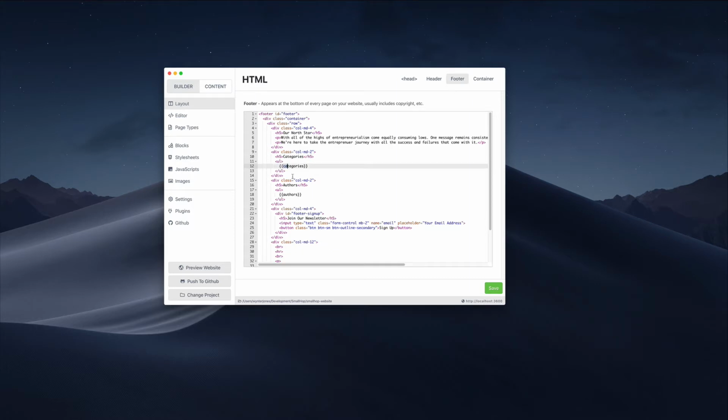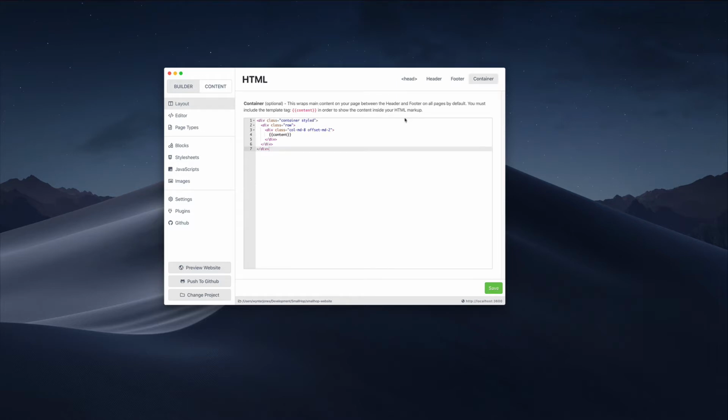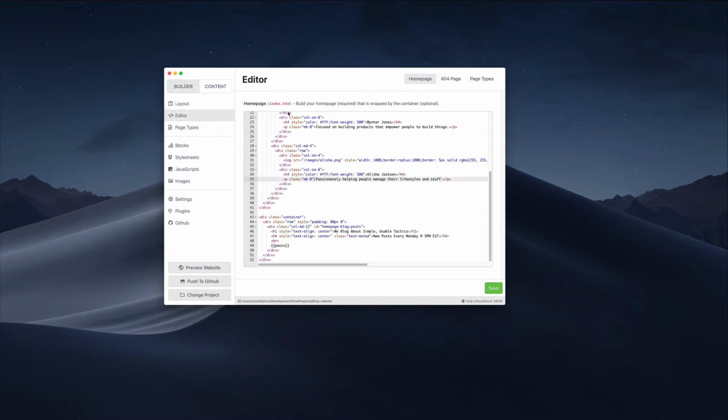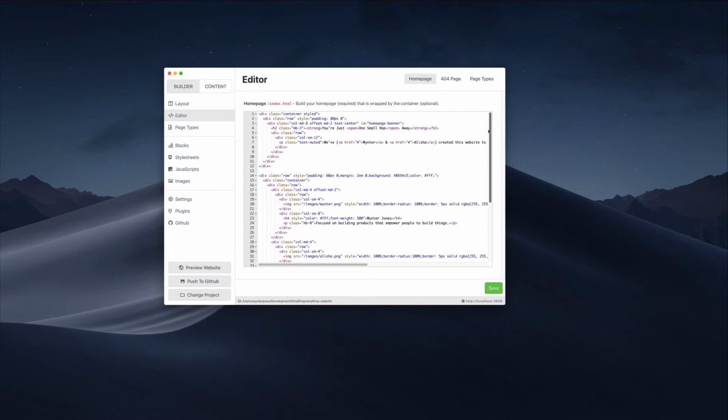As you can see, I have it here for categories and authors. And then there is a container, which is optional. Then there's the home page, which is basically a text editor. It's using Ace editor, I'm pretty sure, or CodeMirror, I can't really remember. Either way, this would be me editing a home page right here with the HTML,